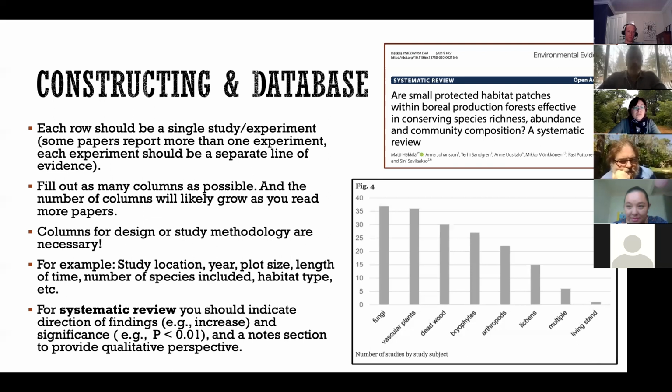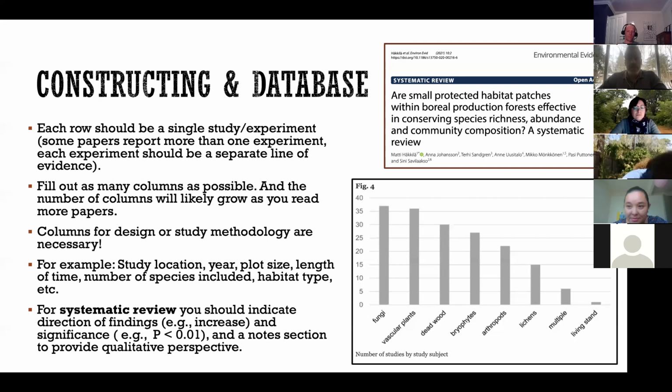And so you need to have columns in your database for the design and methodology. They are necessary because you're going to come back and sometimes need to distinguish studies based on some fundamental methodological decisions that they've made. So for example, study location needs to be included, year, plot size, length of time that the study was run, number of species included, habitat type, etc. All those are important methodological considerations that could make studies not so comparable, or at least offer ways to group studies